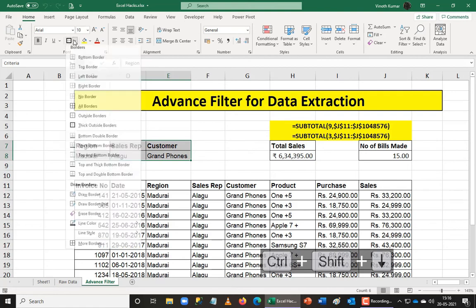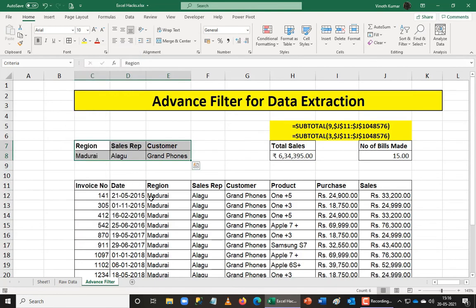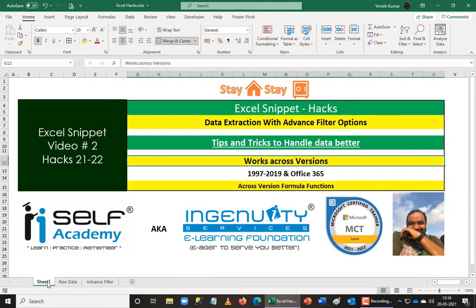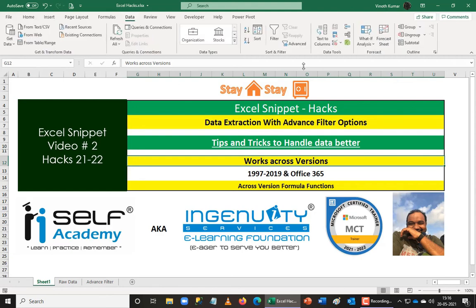So this is how we extract data using an advanced filter without touching an XLOOKUP or a VLOOKUP. I'm trying to achieve the result using an advanced filter. This is a hack like I did earlier. The earlier hack was a pivot table grand total on top, which I created manually. But again, this is a hack which allows you to work with your ribbon functionality. So I've just used the ribbon function to get this done, and this is going to work in all your Excel versions, irrespective of what version you use. Every version of Excel will have this feature.